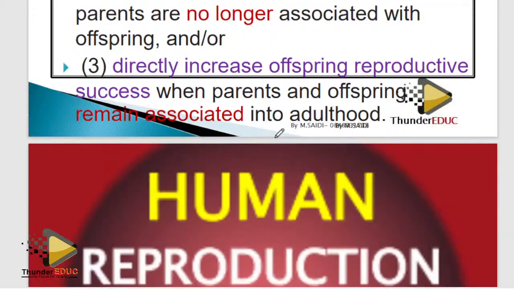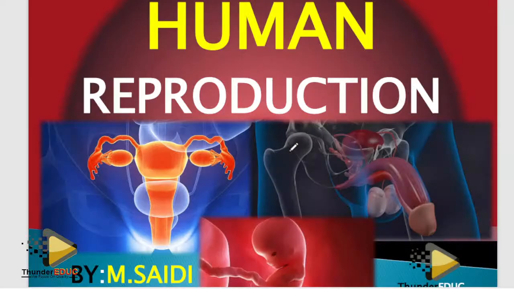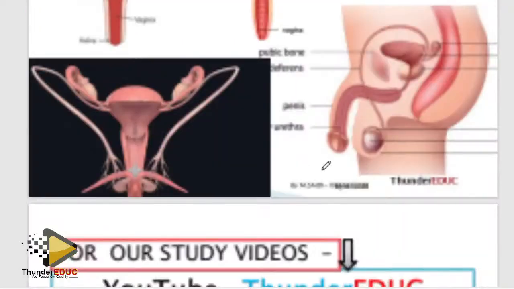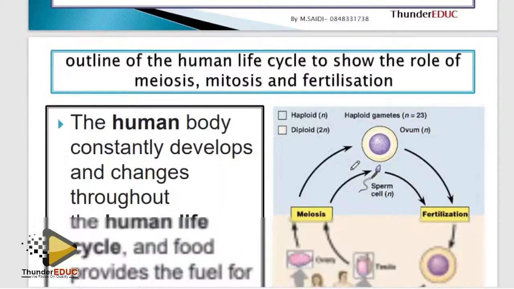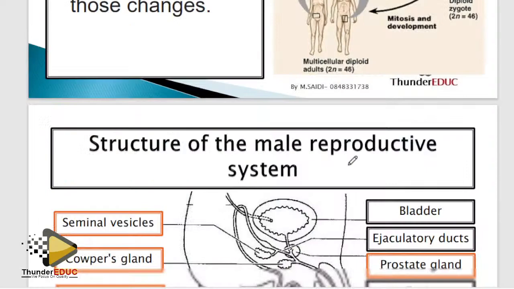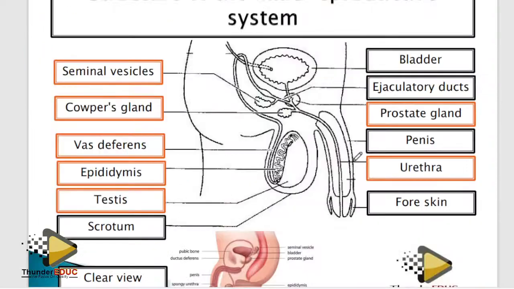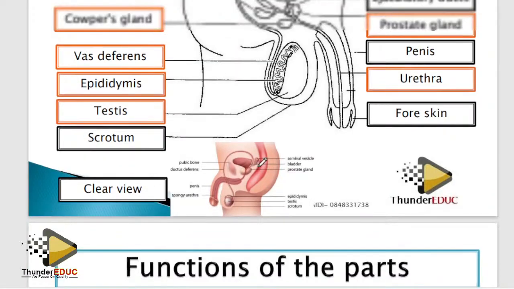Let's go to the next topic, human reproduction. What are you supposed to focus on in human reproduction? What are some of the things you can't skip when you go to human reproduction? Yeah, obviously the structure of the male and the female, you have to know that, and then the function of each. Yes, so I'm gonna just show you some of the few questions they can ask you when it reaches there. So labeling, you must know.